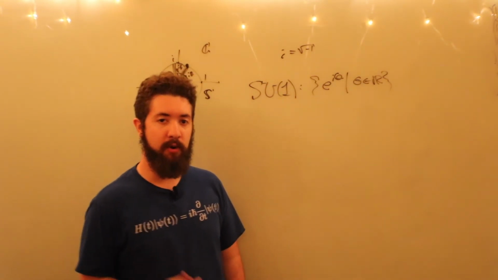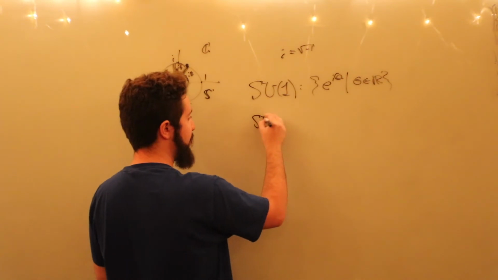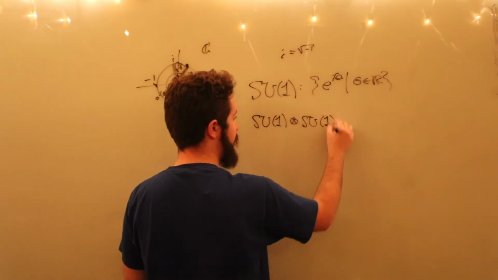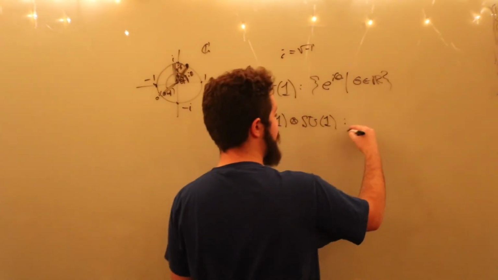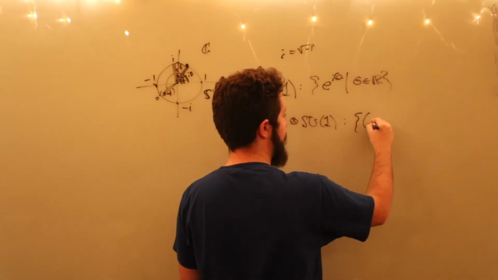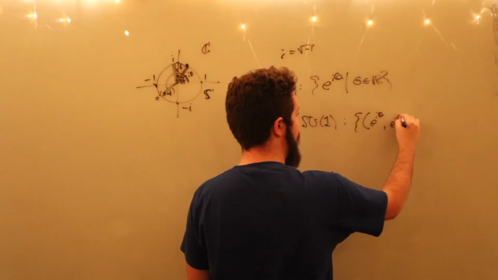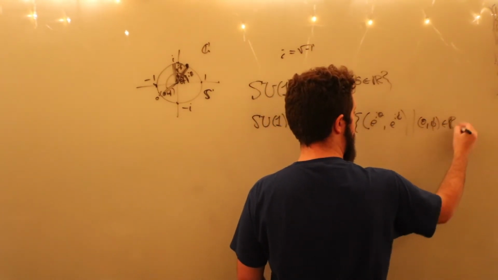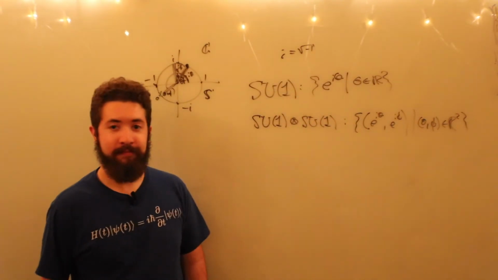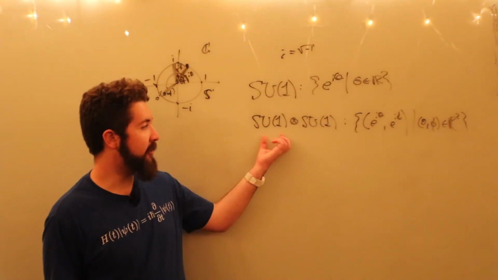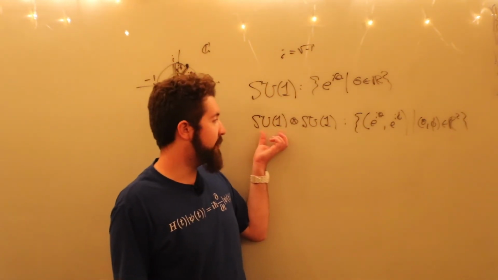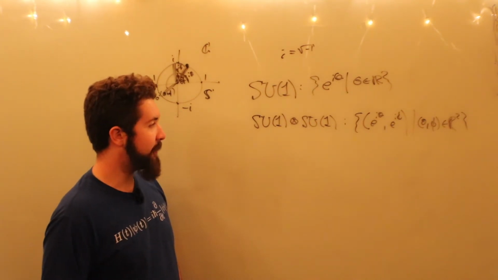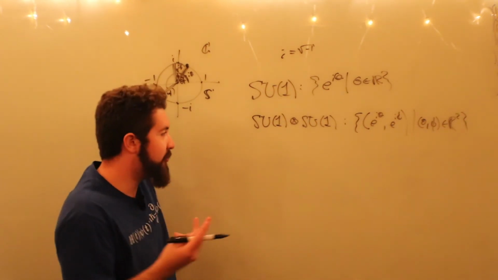Well, we can actually take a direct product here. Let's take the direct product SU(1) with itself. So SU(1) cross SU(1). This is going to be the set of all coordinates, right? (e^(iθ), e^(iφ)), such that θ and φ are real numbers, right? I told you this special unitary group is a group, so the direct product of it with itself is going to form another group. And actually, this group is kind of interesting in that it essentially describes a torus,